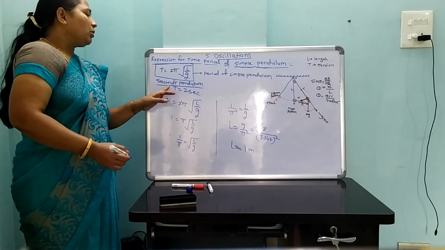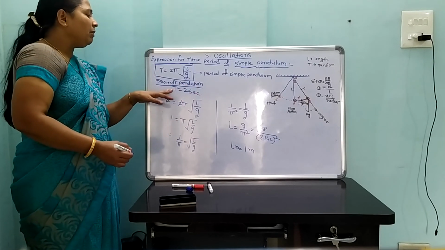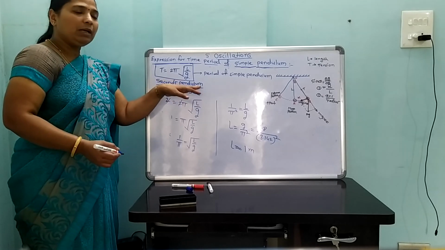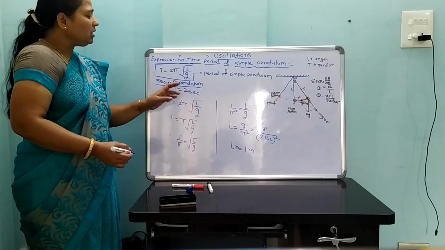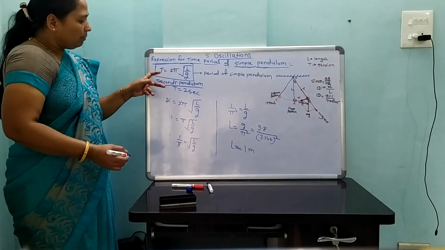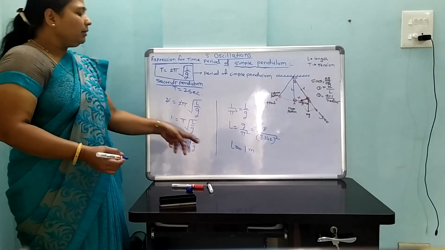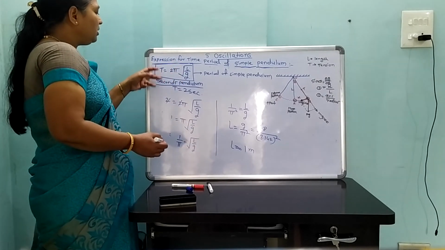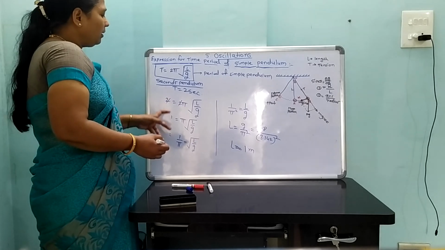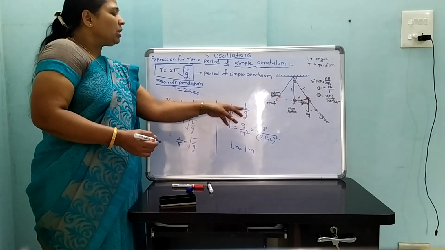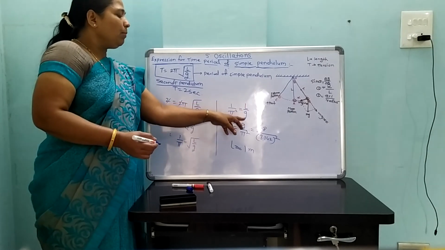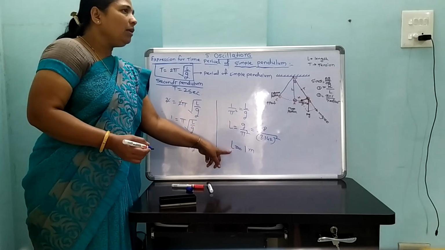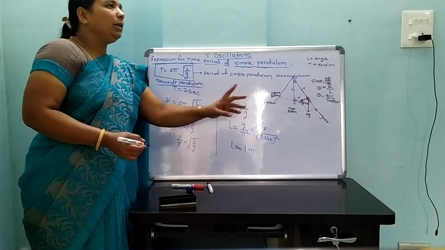Hence, a pendulum having a period of 2 seconds is known as a seconds pendulum. T is equal to 2 seconds. What is the length of a seconds pendulum? By calculation, T is equal to 2 pi under root of L upon g, T is equal to 2 seconds. Substituting and squaring both sides, 1 upon pi square is equal to L upon g. Therefore, L is equal to g upon pi square. Hence, L is approximately equal to 1 meter.